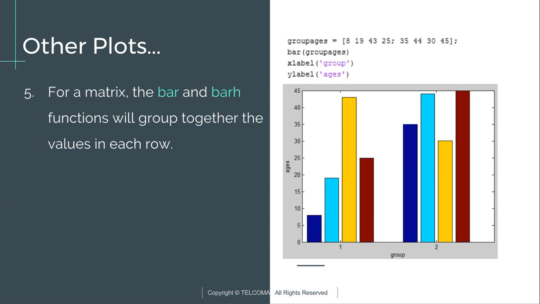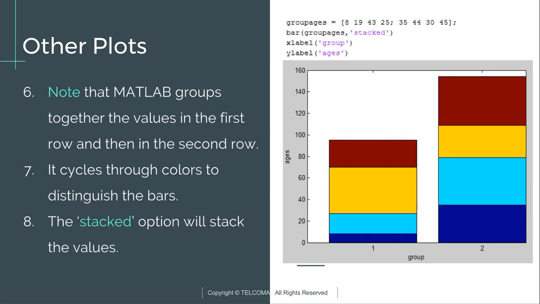For a matrix, the barh and bar functions will group together the values in each row. So for that, like group edges are given as 8, 19, 43, 25 and 35, 44, 30, 45. So there are 2 groups. So bar group edges, x label group, y label edges. This will show you the graph as given here. Here the blue color displays the 8 and 35 group edges of the same group, second